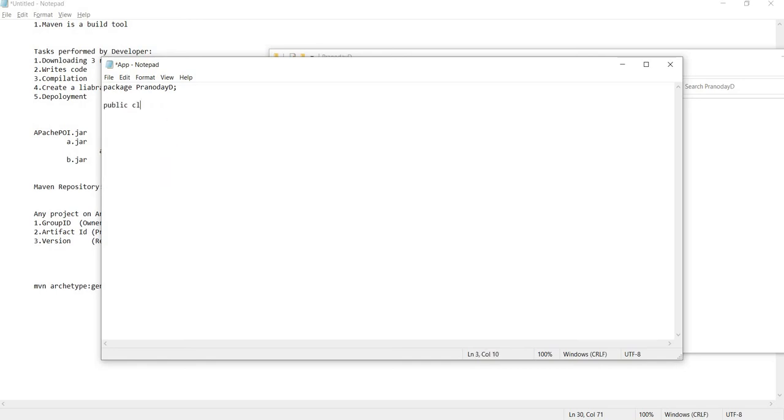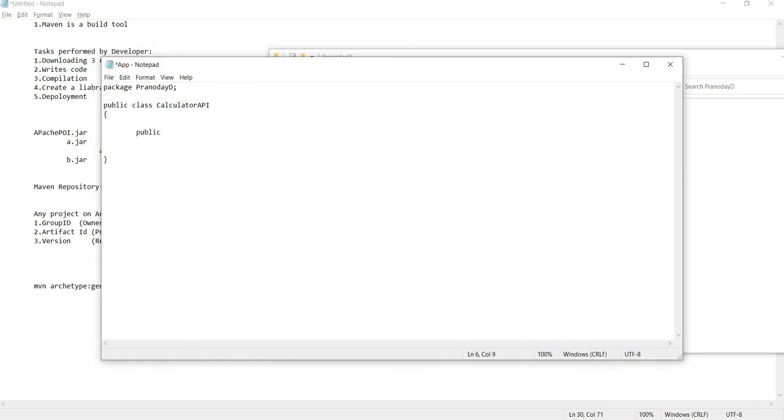So I'll say public class CalculatorAPI. CalculatorAPI is the name of our class, and we will implement a few things here.